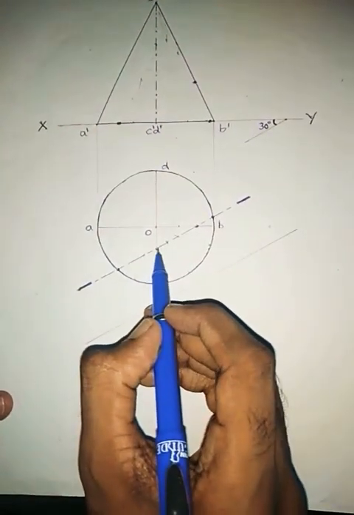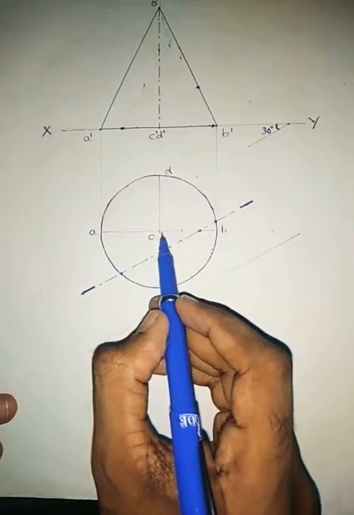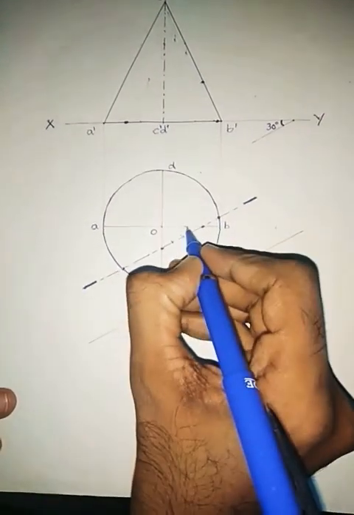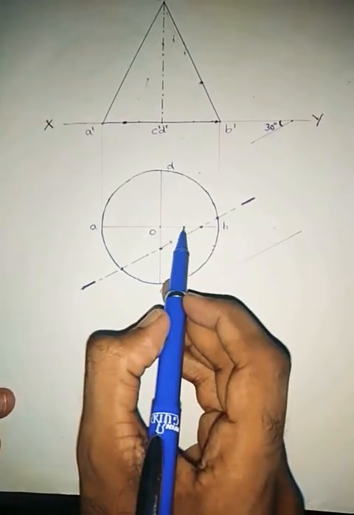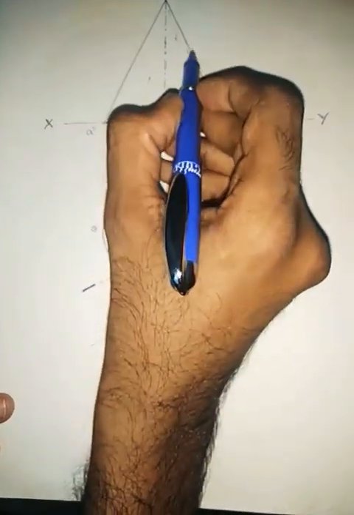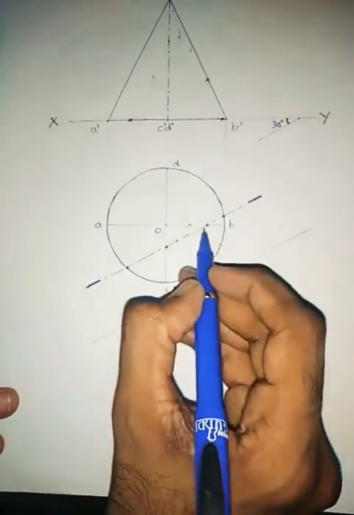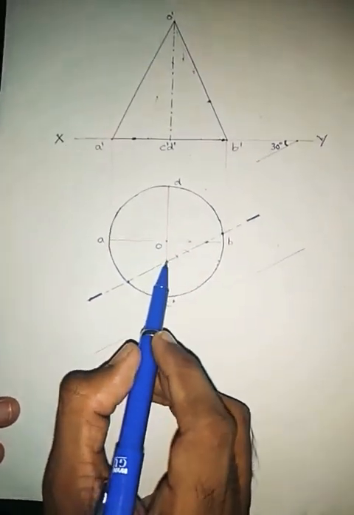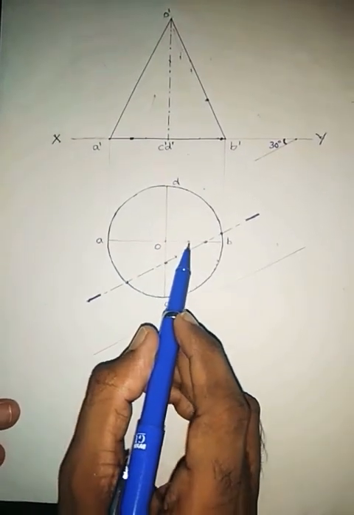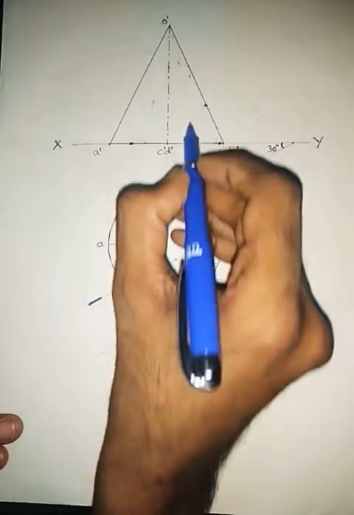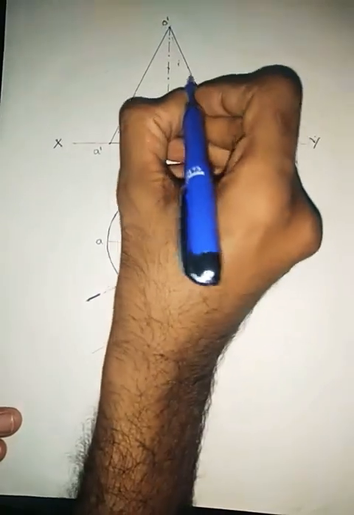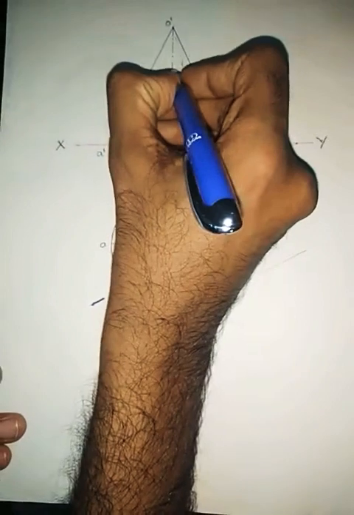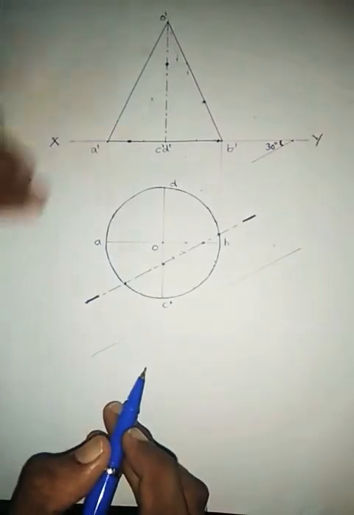As we have done in the previous cases, we will be taking O as center and this distance as radius. You rotate it. You will be getting a point here that is on OB. Then project it and then project it horizontally. So what I did was, to get this point, first I took O as center, this point as radius, I rotated it till OB, then I projected it till O dash B dash, and then I projected it horizontally till OC. So I'll be getting a point here. So I've got 4 points.